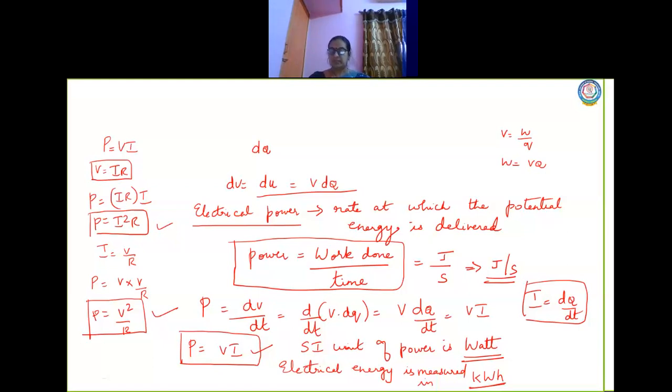Okay, so when they are connected in series, which quantity becomes the same here? Current becomes the same. Yes or no? When resistors are connected in series, the current in the circuit will remain the same, and the potential will vary. So according to the question, the bulbs are connected in series. In that case, the current passing through each bulb is the same, right? So the bulb which has higher resistance has a higher voltage drop. So the 30 watt bulb will glow brighter than the 60 watt bulb.